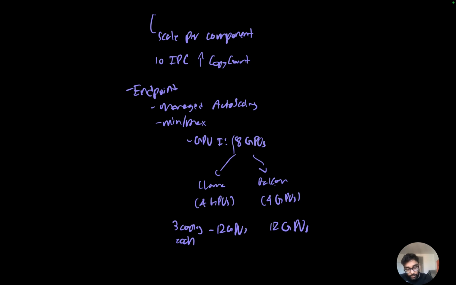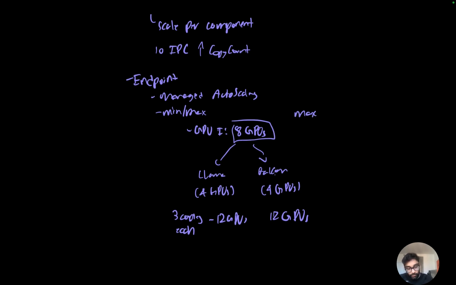That means we need to set a max value for our managed auto scaling that can add up to the maximum of our components. So for 24 GPUs, we're probably going to need at full max scaling 3 GPU instances, each with